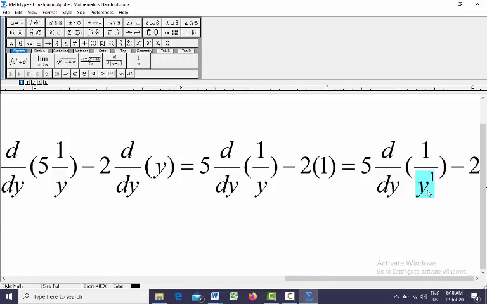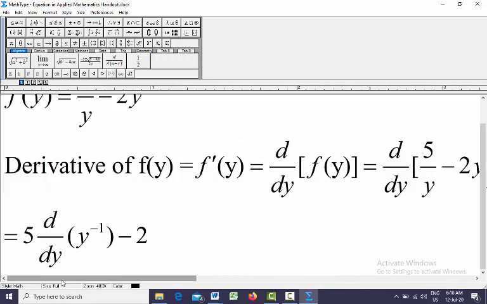If you want to bring these one from the denominator to numerator, or if you want to bring these one up, the power will become negative. So power will become negative. So to do the differentiation, you need to bring this one up,